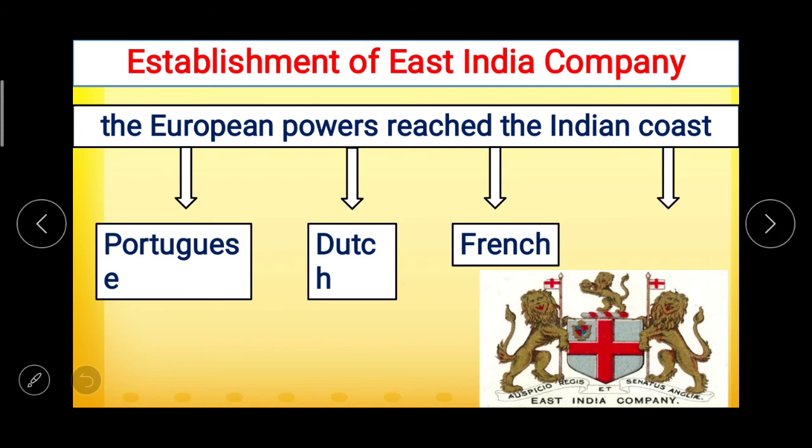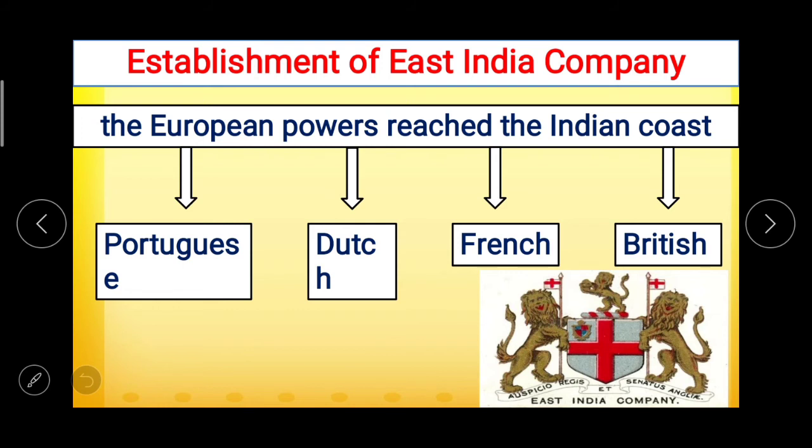If we talk about the powers that reached the Indian coast: the Portuguese, Dutch, French and British. When the British came to India for trade purposes,